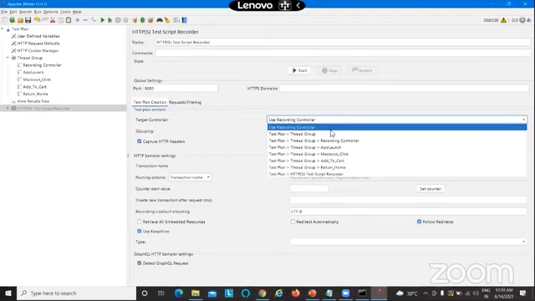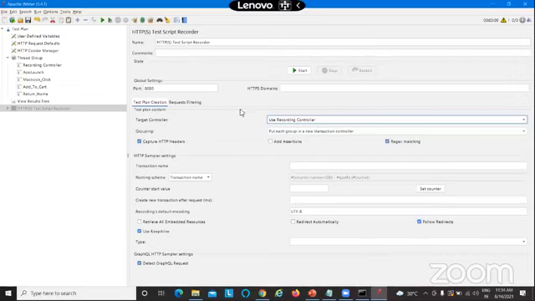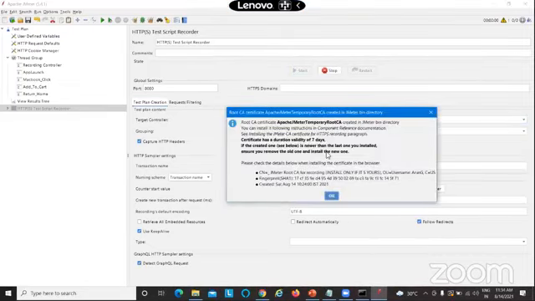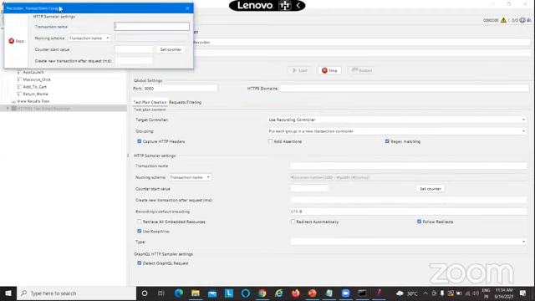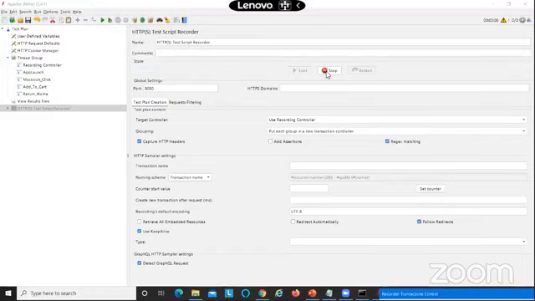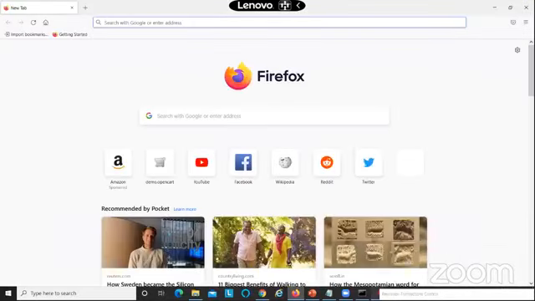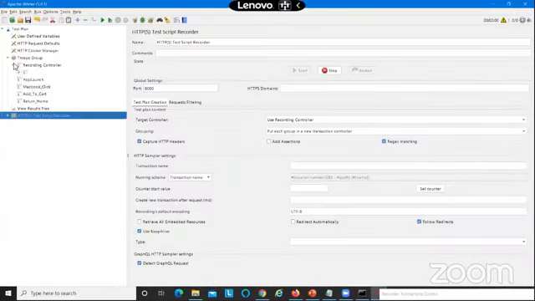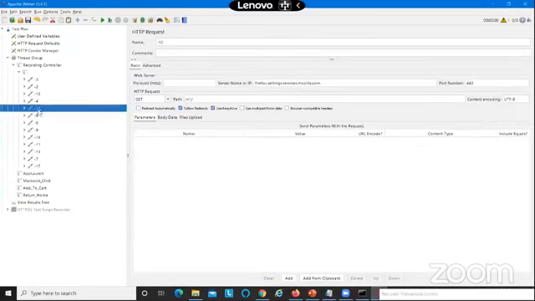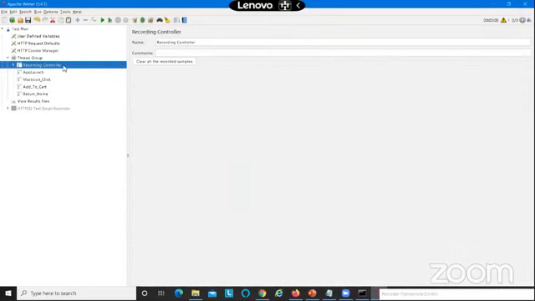So I'll show you. Let me keep it as a recording controller, and I am going to click on the start button. JMeter will create a root certificate in order to enable the capturing through the proxy. So you click OK, and it gives you a floating menu where you can give transaction names and details. And now we are in recording mode in JMeter. Now I'm going to open up my browser. And if you go to JMeter, you could see that the recording controller has started getting the events. All these are the events being recorded in JMeter.